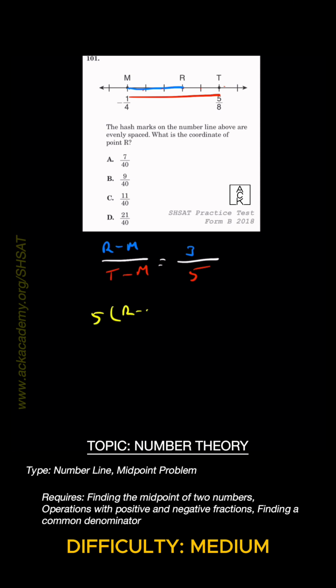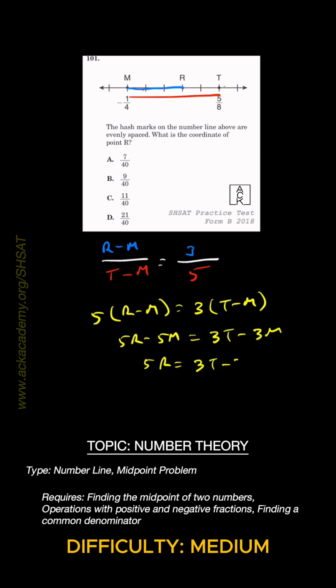5 times R minus M is equal to 3 times T minus M. 5R minus 5M is equal to 3T minus 3M. 5R is equal to 3T minus 3M plus 5M. 5R is equal to 3T plus 2M. And R is equal to